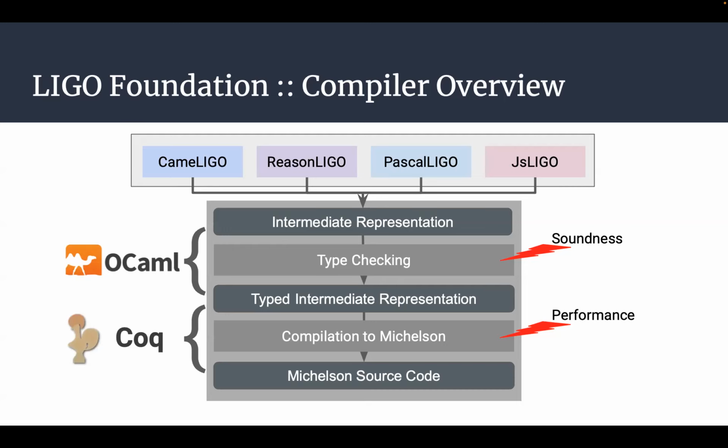The first layers are written in OCaml. As you know, Tezos is mainly written in OCaml, except some libraries which have been designed in F-star but translated to OCaml. And the backend, what we call the backend, which is the compilation to Michelson, is written in Coq in order to have properties and some lemmas and theorems. For instance, all the compilation and the optimization are proven. So we are sure that there is no regression, thanks to the code, which is statically type checked.